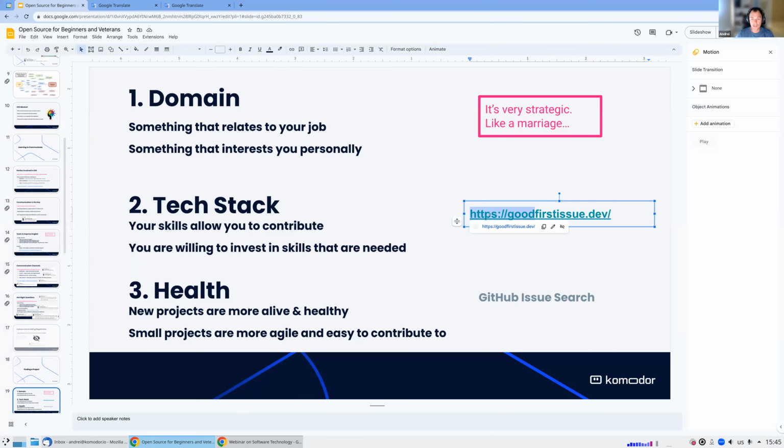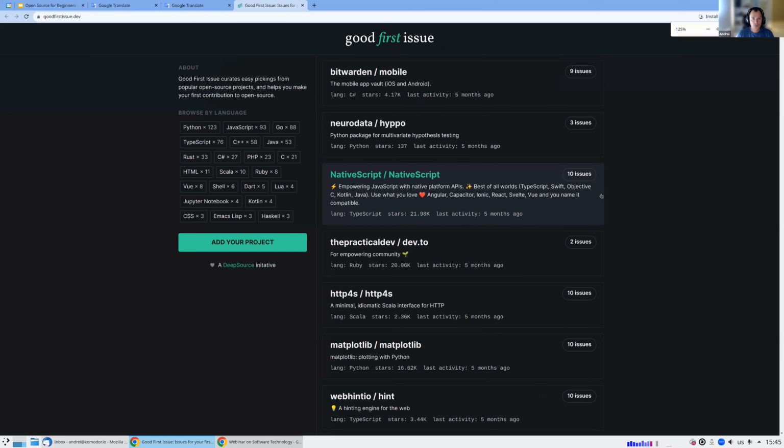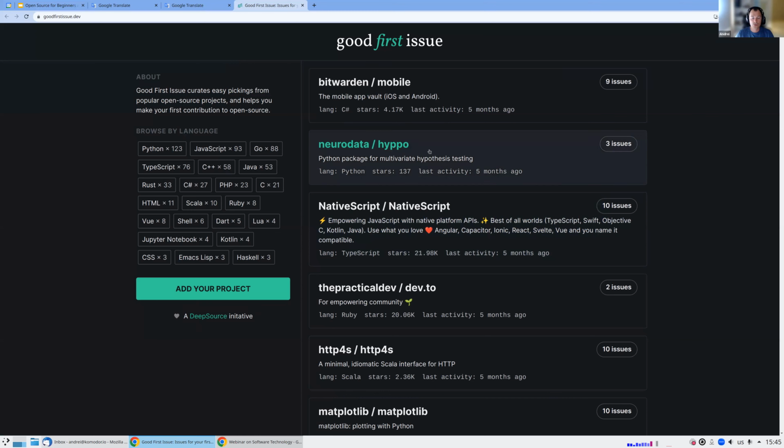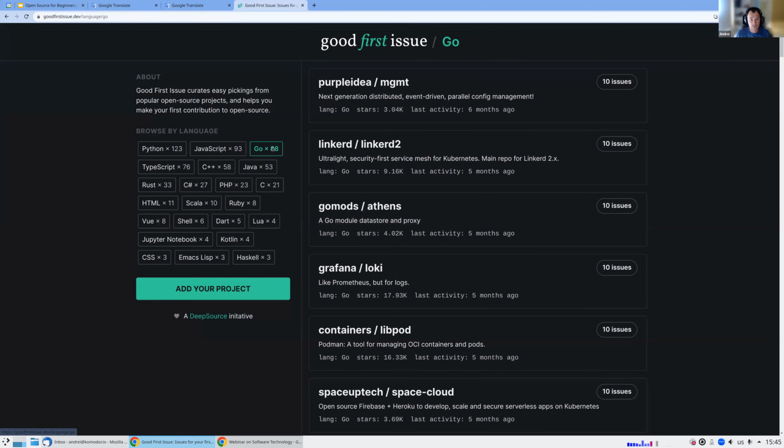There is a good website called Good First Issue, which we can review. This is the website where they gather the good first issues from many, many different projects. How do I find something? Let's say I don't have a project that would appeal to me. I don't have a job. I'm a student. I have good Python knowledge, and let's say Go. I like Golang recently, because this is true. I used to write in Java, then in Python. Now I'm writing in Golang, and I really like the technology.